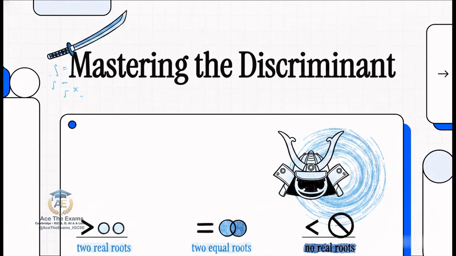Whether you're sitting the 0580, 0606, or any of the 4000 series exams, the discriminant is one of those topics that just demands absolute precision. So today, we're going to look really closely at the conditions for f(x) equals 0. We'll figure out exactly when it has two real roots, two equal roots, or no real roots at all. We're marrying deep mathematical theory with hardcore exam strategy, so you can literally slice through these questions with total confidence,